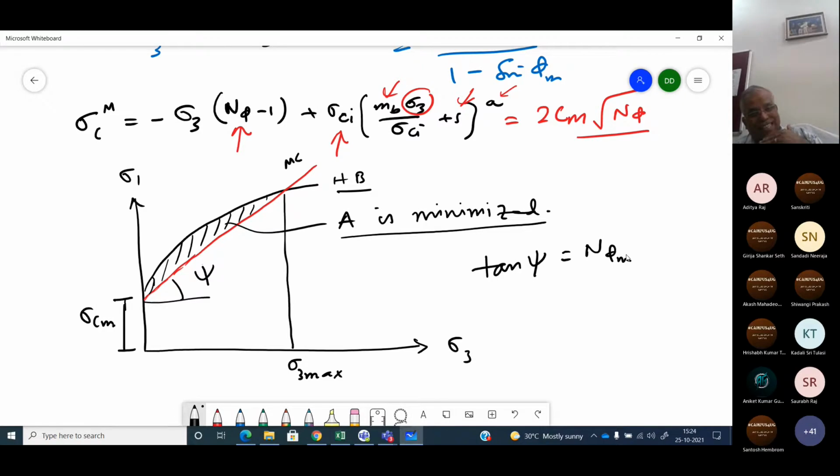So we are looking for this sigma cm and phi m such that this area, the difference in these two, is minimized. For that, you have to give this value, sigma 3 maximum. You can see this needs to be integrated, and all these things they have done. After doing that, they have given what the phi m and sigma cm will be, so that we can calculate the cohesion also. With this concept, they have developed these formulas and given them in the book, page number 253.